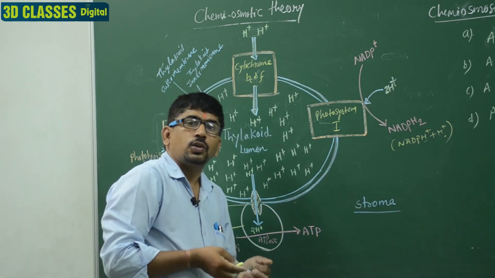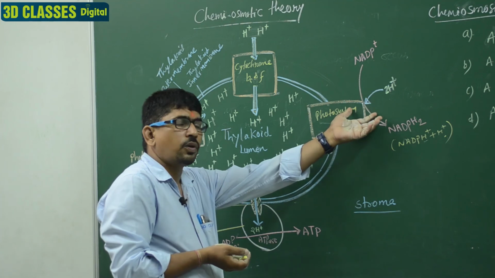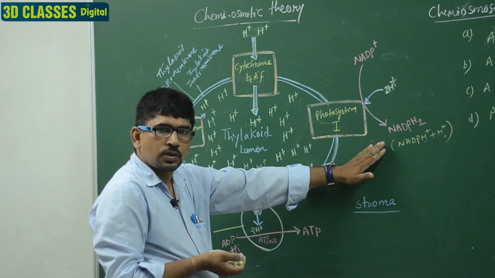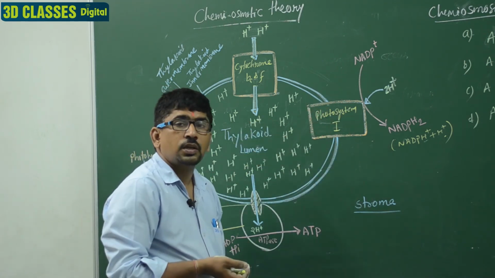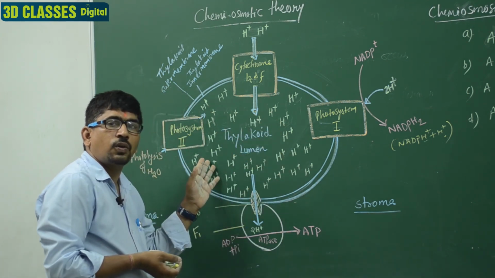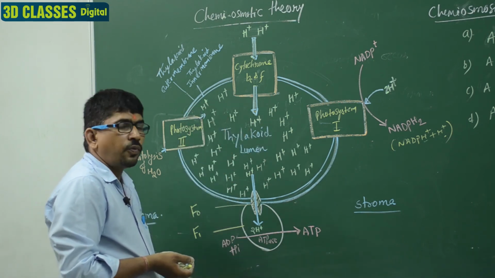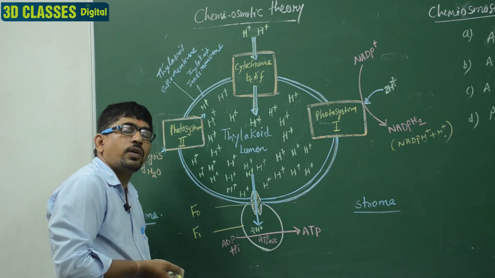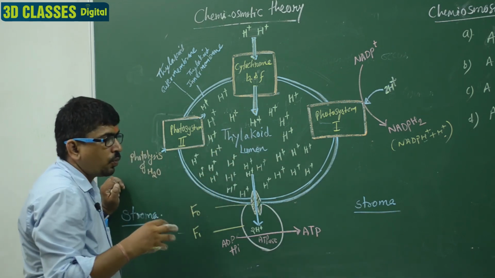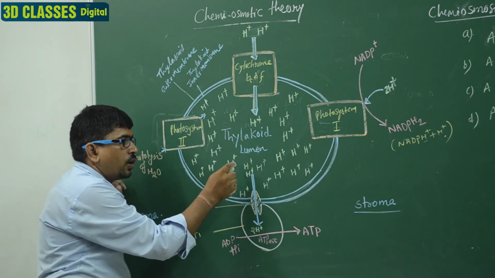So we can say there are processes for protons moving inside, and one of them is utilizing the protons from the outside. By this process there is a deficiency of protons outside in the stroma region and an enhancement of protons inside the thylakoid lumen, and due to this the pH of the thylakoid lumen is decreased. Due to the accumulation of the protons a force develops that is known as the PMF, proton motive force, clear. So by this force the protons are moved from inside to outside, and this is the single way for the movement of the protons from inside to outside.